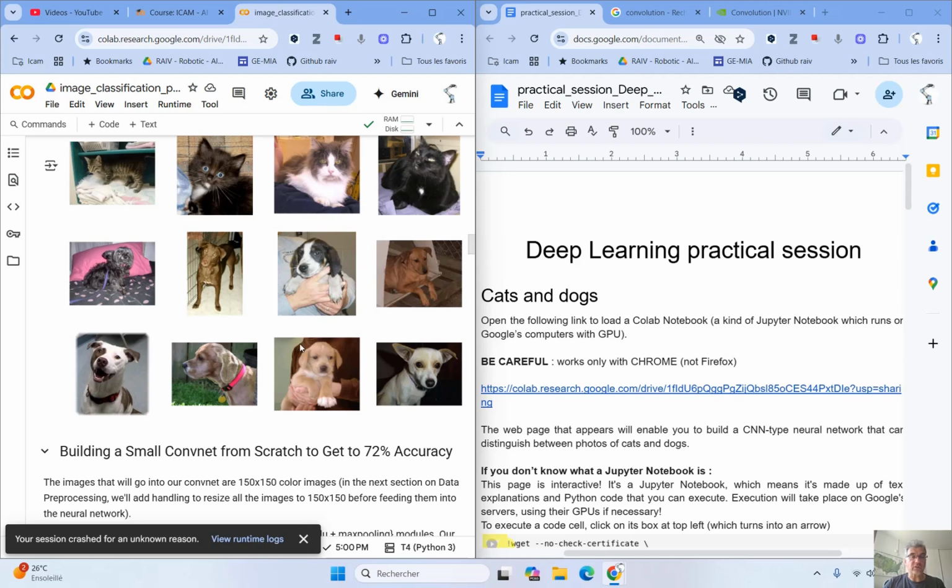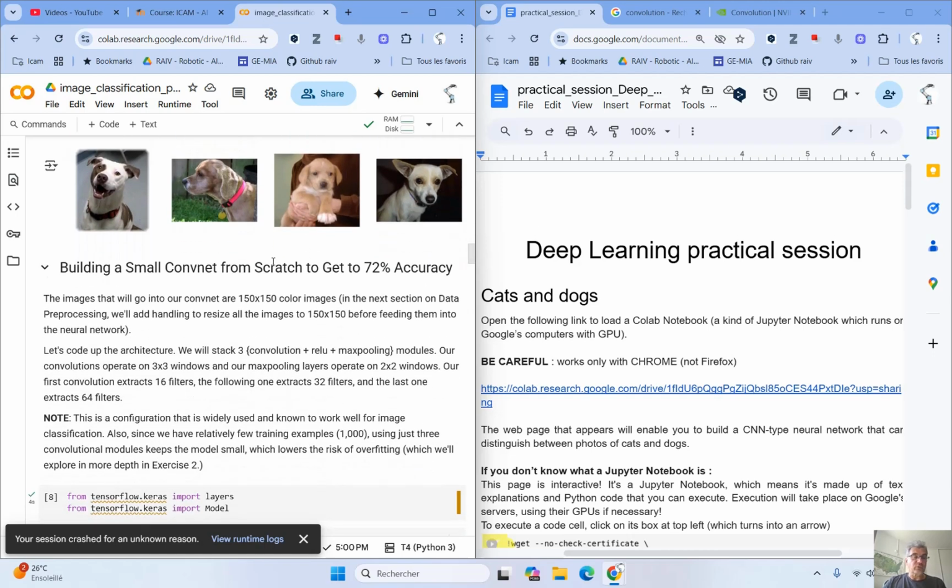Just to realize that the dogs and cats are very different: different species of dogs, different shapes and different background colors. So it's quite difficult to recognize if on an image you have a dog or a cat.